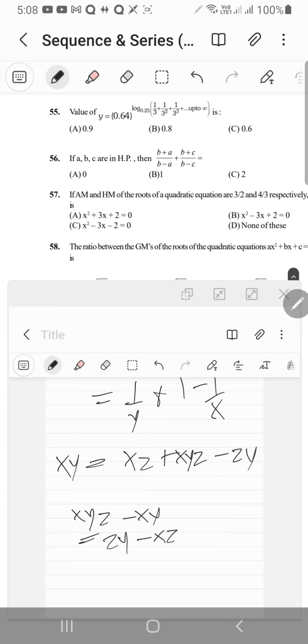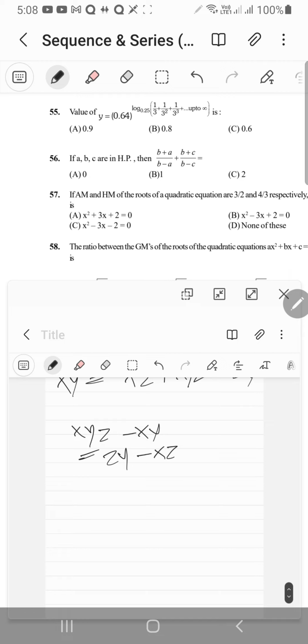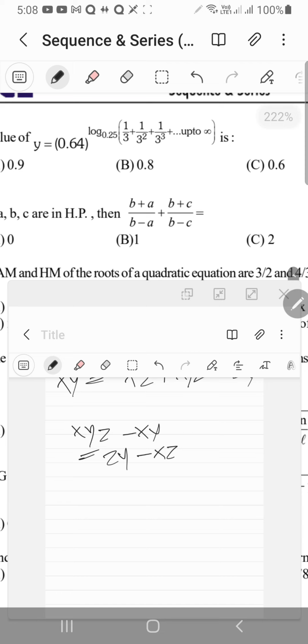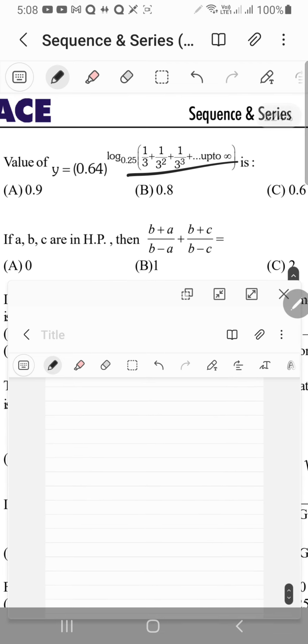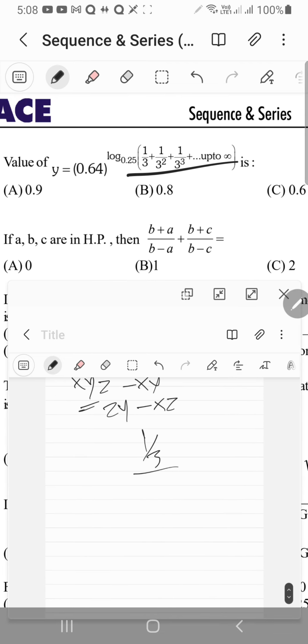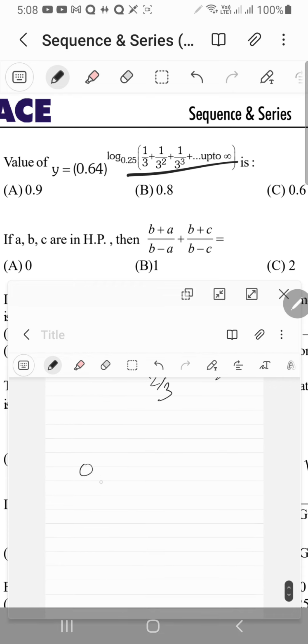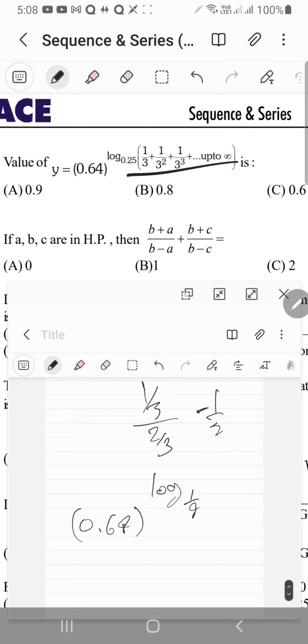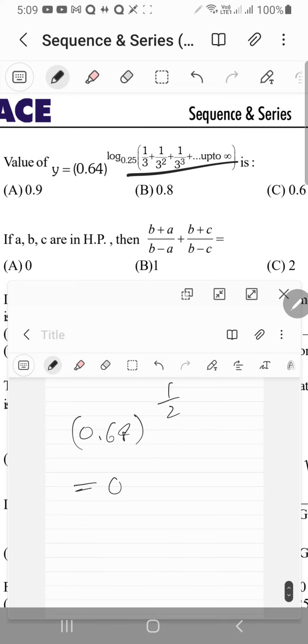Yes, that's exactly what we want. Okay, value of y equal to 0.64 to the power of log, okay, look at this, it's just a geometric series. So it's 1/3 upon 2/3, which is 1 by 2. So it's 0.64 to the power of log base 1 upon 4 of 1 upon 2. It's the square root of that, so this should be just 1 by 2, and this thing would just be 0.8. Cool,